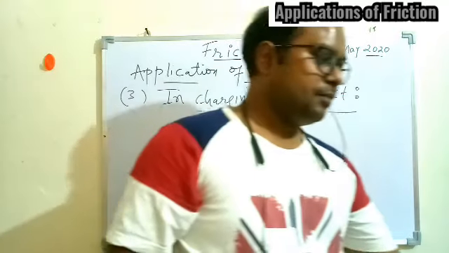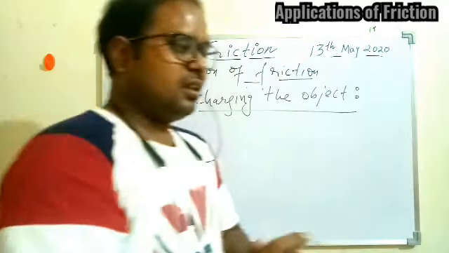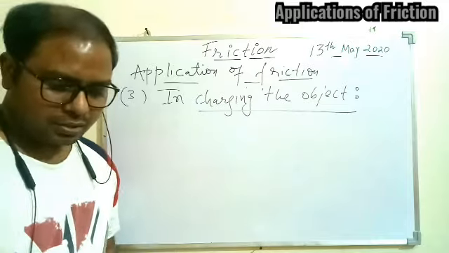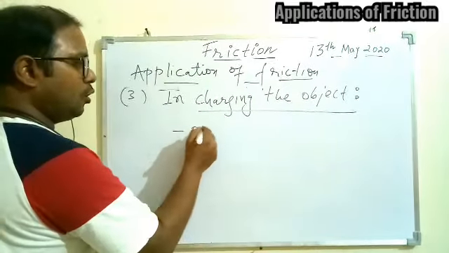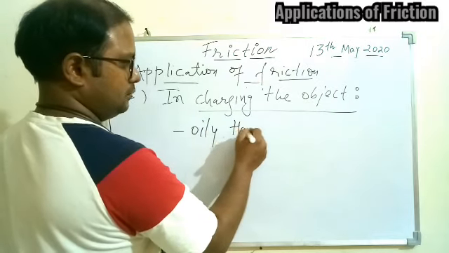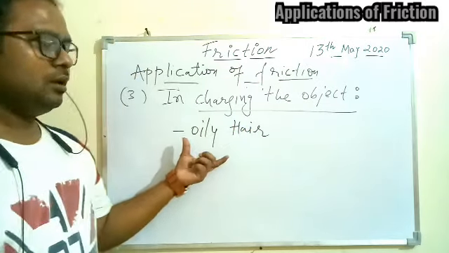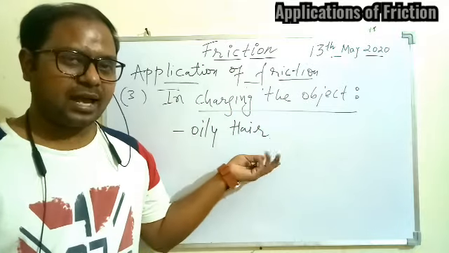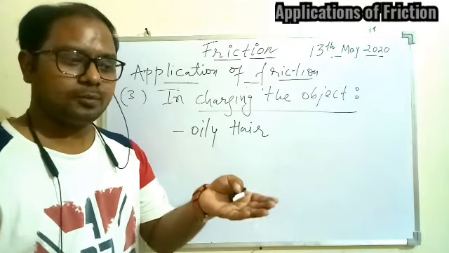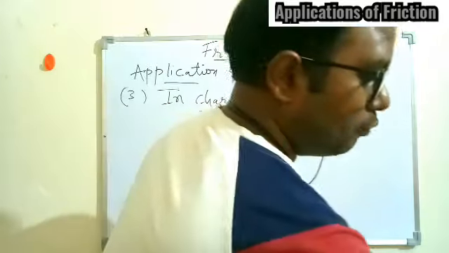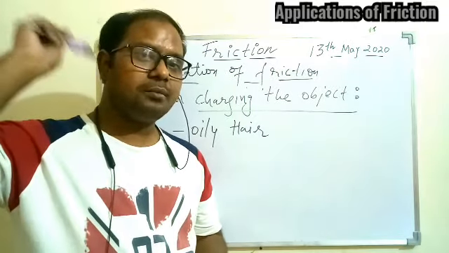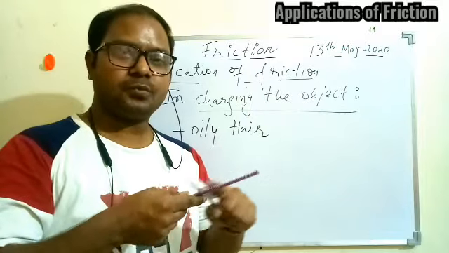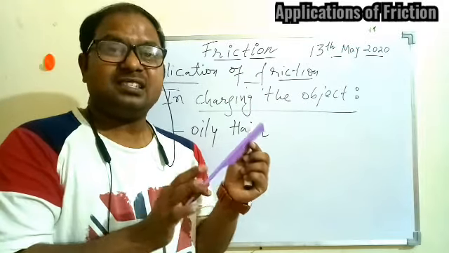So charging the object is also there because of friction, and it is understood if you do the same activity on oily hair. So if you have the oil on your hair and you try the same activity, it will be difficult to charge the object. Why? Because once we apply the oil on the hair, the friction will be very less. So if you try to rub it on your hair, it will not be getting proper friction. So the comb cannot be charged.